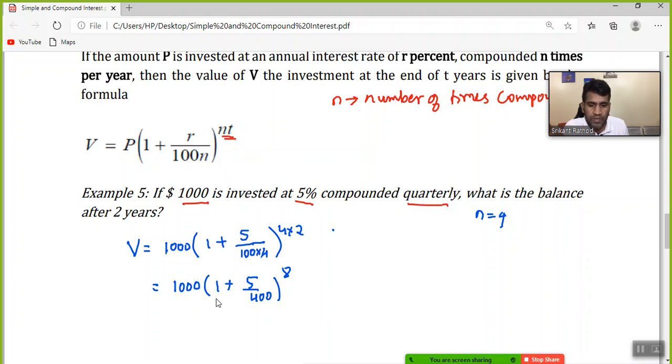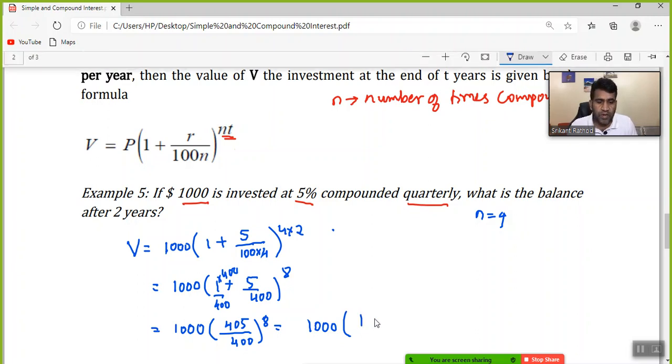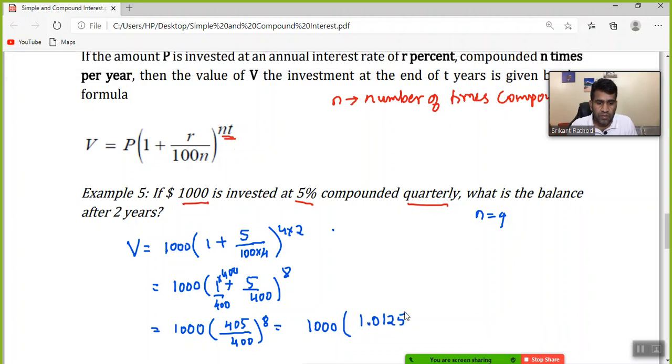So you have to make a common denominator here. If you make the common denominator 400, you have to multiply the 1 by 400. So that becomes 1000 times (400 plus 5) by 400, so 405 by 400 to the power 8, right? Simplified, I can write it as 1000 times, and 405 divided by 400 gives 1.0125 to the power 8. So that gives you the value here as